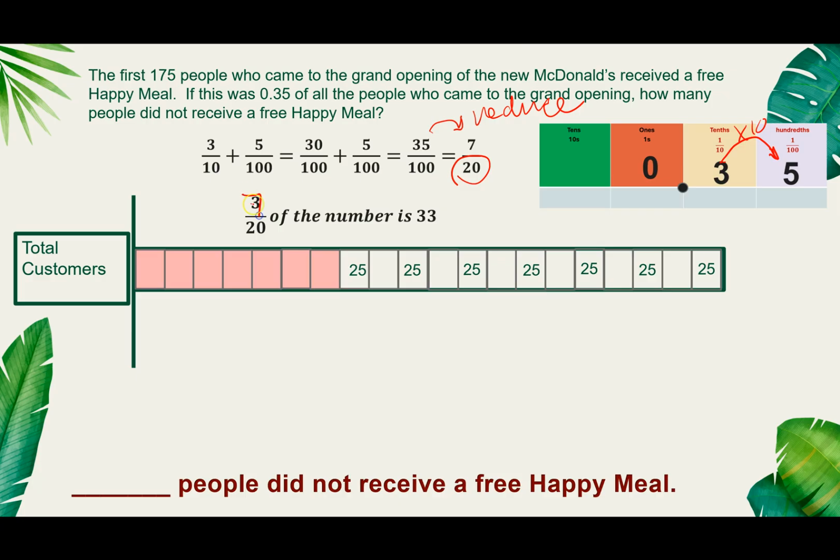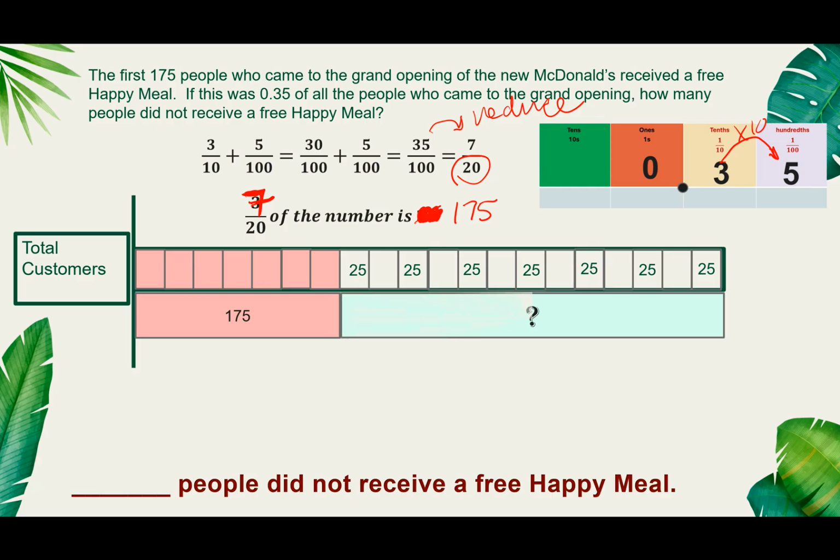7, not 3, 7 equal parts is 33. Oh, not even 33. 7 equal parts is 175. That is a copy and paste job from the previous problem. This should have been 7 out of 20 is 175. So we can see that in this picture right here. That's 175, which means that each one of these equal parts must be